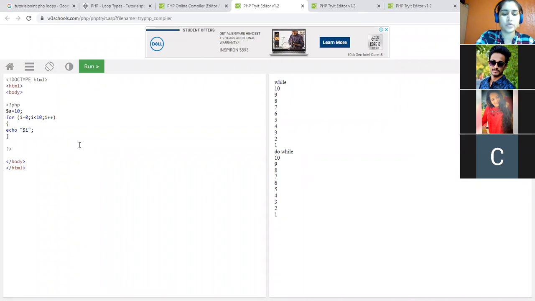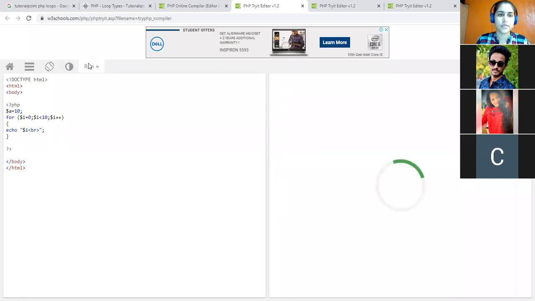So you have to put a $i for each i. Let us see what the output would be. I starting from 0, i less than 10 and i plus plus. It will echo the value of $i. It will be on the same line, so I'll write over here BR. Now let us execute it.